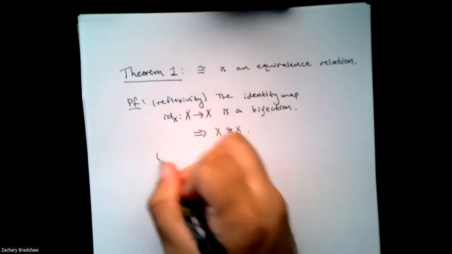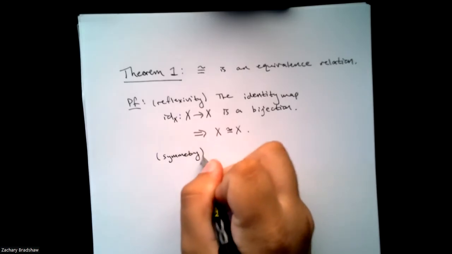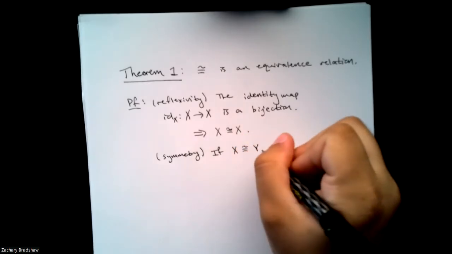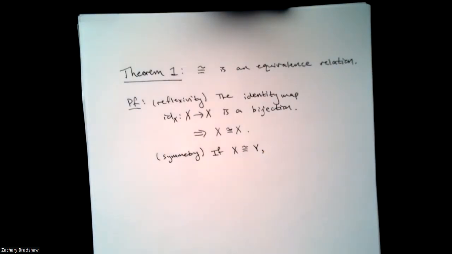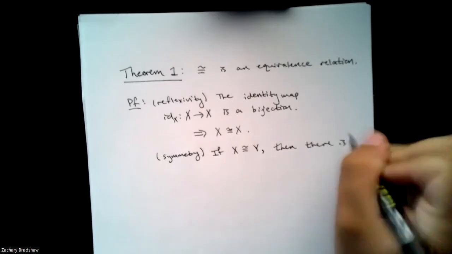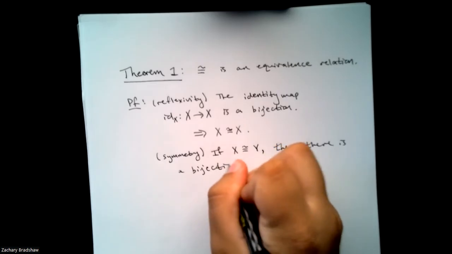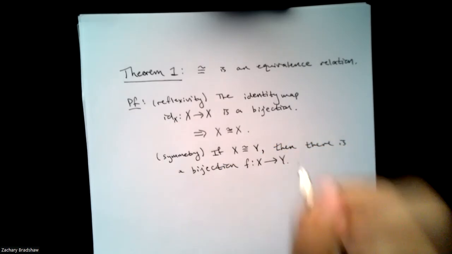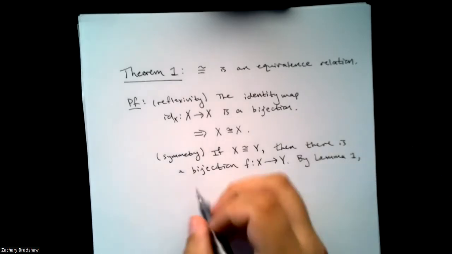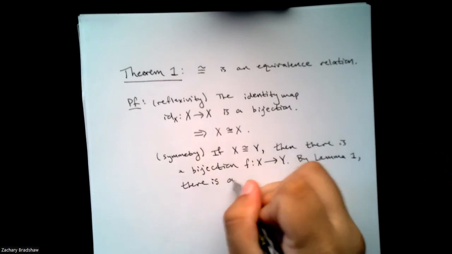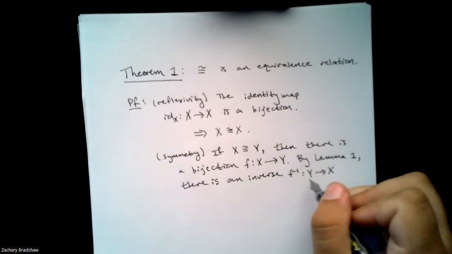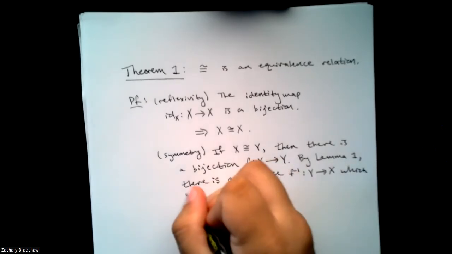Okay, great. Let's do symmetry. So if X is isomorphic to Y, what we want to do, we want to show that Y is isomorphic to X. Well, if X is isomorphic to Y, then there is a bijection F that sends X to Y. Now, by lemma 1, there is an inverse, F inverse, from Y to X, which is again